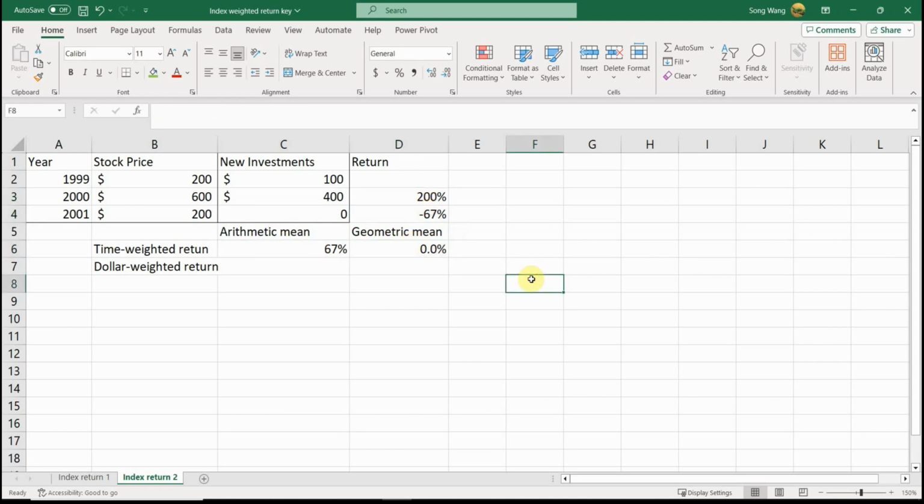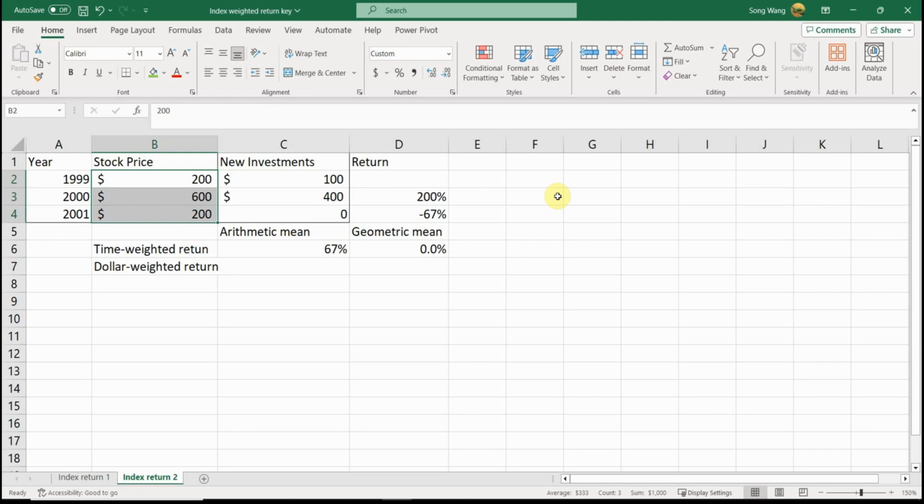However, if you are calculating a dollar-weighted return, then you need to consider the investment amount you put in the stock. Let's say when the stock price is 200, you invest $100. When the stock price jumps to 600, you invest another $400. And when the stock price gets to 200, you invest $0. Okay, so this is your investment history, and this is the tracking record of the stock which